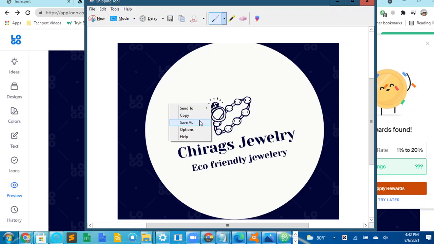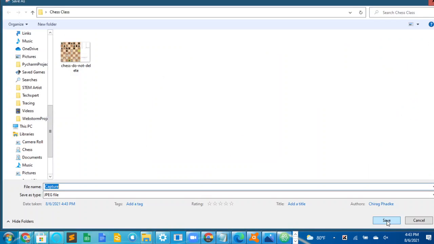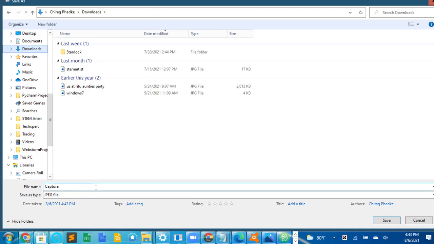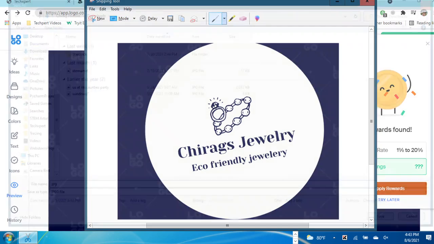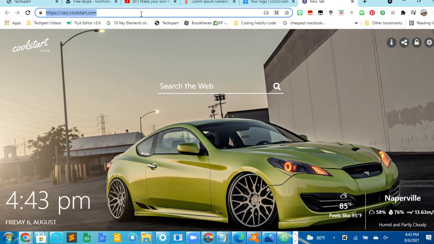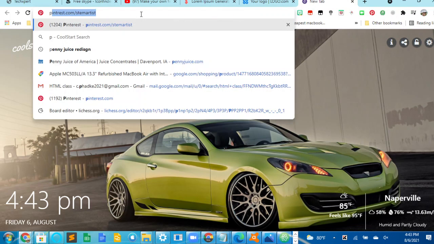So I'm gonna save, click on save as. Go to my downloads folder. I'm just gonna save it in my downloads folder. And I'm gonna name it blah, GPG.jpg. Okay, so next I'm gonna open up a website called Pinterest.com, the social media website I was talking about